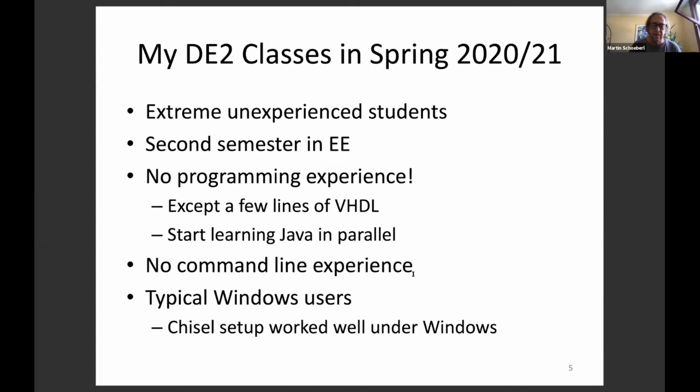And I tried to coordinate a little bit with the Java course, but sometimes I had to jump ahead. I had to use classes and objects, even if they have not yet learned it in Java. Because most of them are typical Windows users, so no command line experience. Whereas with Chisel, you usually use sbt or something. And I was a little bit afraid of how well the Chisel setup would work under Windows. Because it's largely ignored by the Chisel, at least development community, which is okay because we all switched at some point away from Windows, but it worked very well. I just had to try it out in a virtual machine